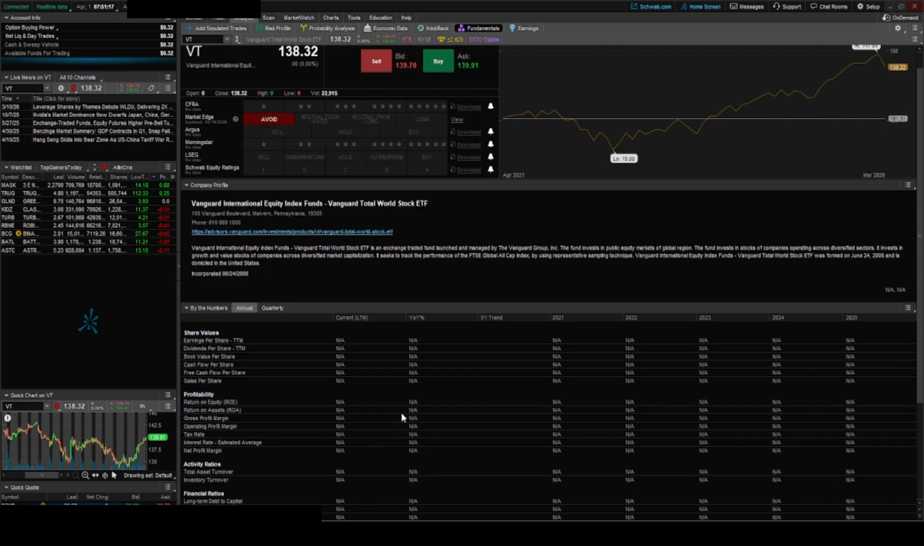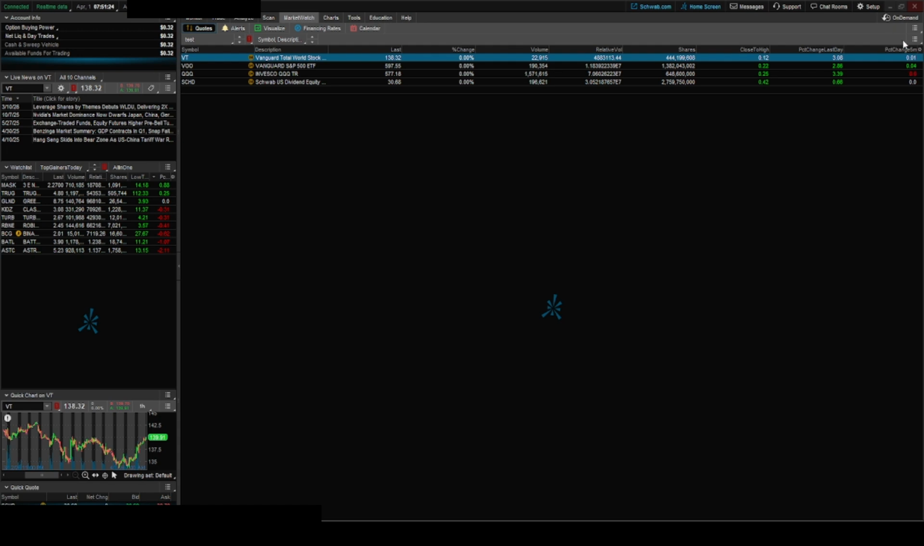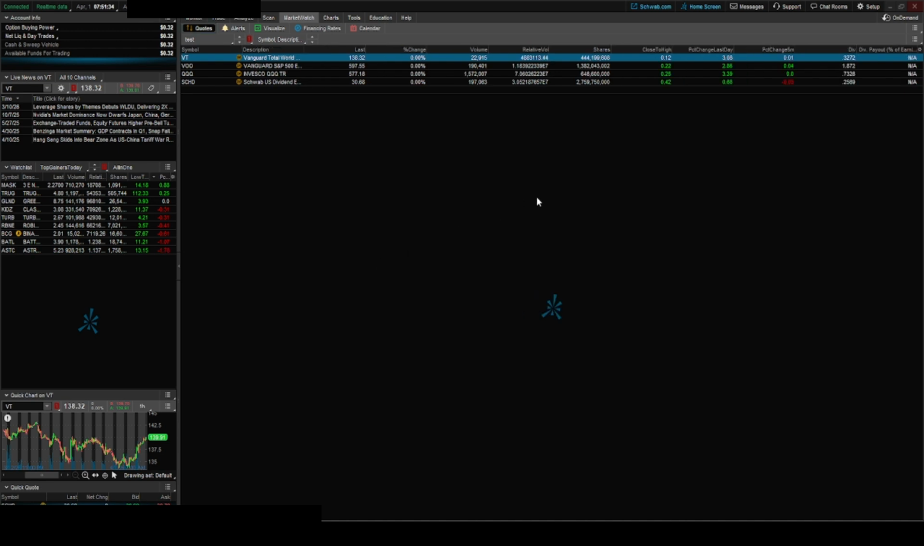Lastly, if you want to make the information more accessible, consider adding the dividend data to your custom columns within your watch list. Right-click on the header of your watch list and select Customize. In the Customization menu, you can search for dividend-related metrics such as dividend yield or annual dividend and add them to your columns. This will allow you to keep track of dividend information for all the stocks in your portfolio